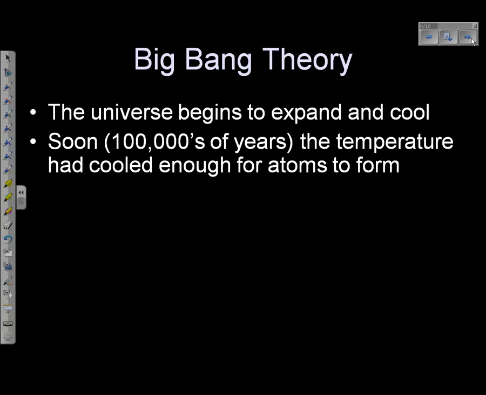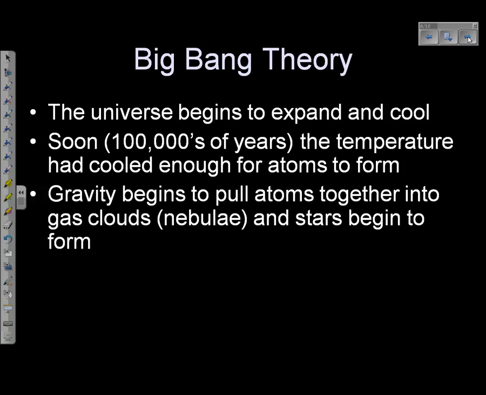But then that energy begins to cool. And through mass-energy equivalence, it turns into matter. But even after a while, it's still too hot to form a nucleus or atom. But after a while, it does. And then eventually, after those atoms start forming, gravity starts taking over, pulling those things into nebulae and stars, and then it all kicks up as we know it.